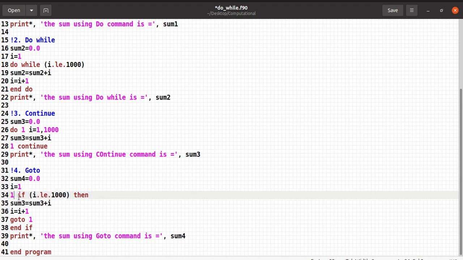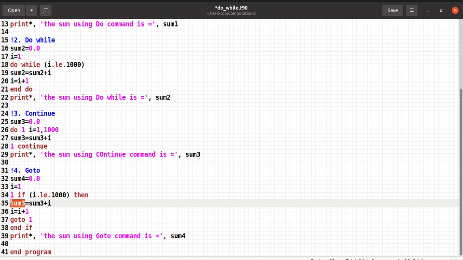Okay, and this step says if I is less than or equal to 1000, then the operation is, this is a condition. Okay, logical condition, and this is the operation. Sum 3 is, okay, here must be sum 4 actually. Sorry, I made a mistake here. Sum 4